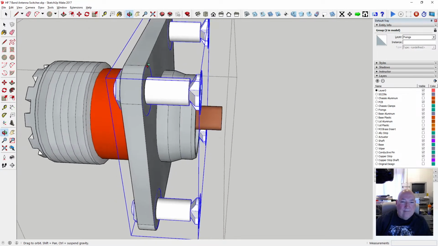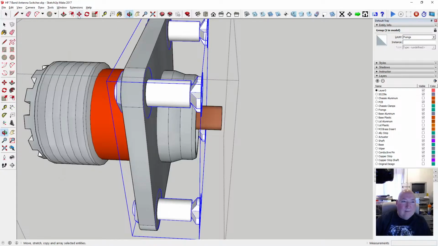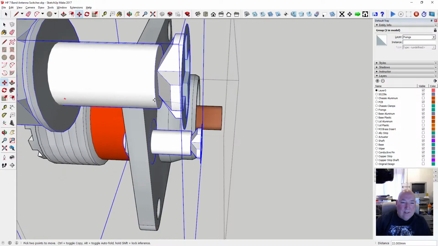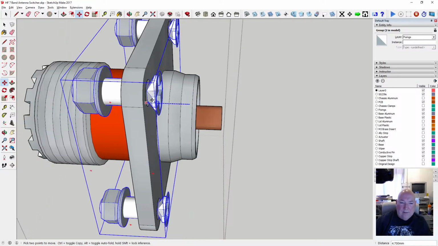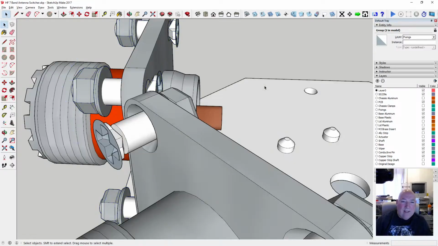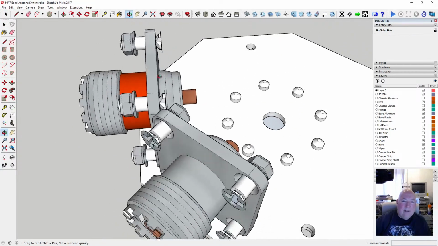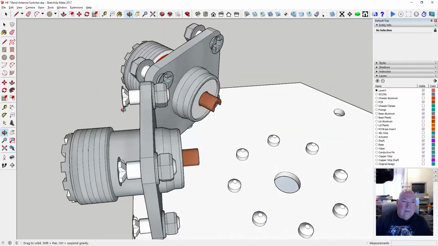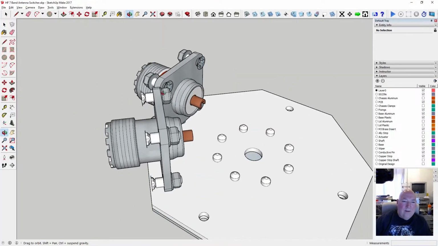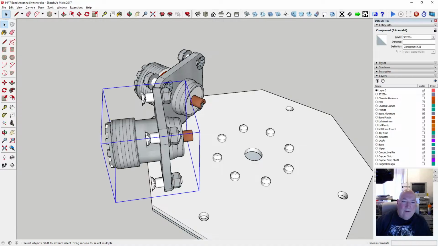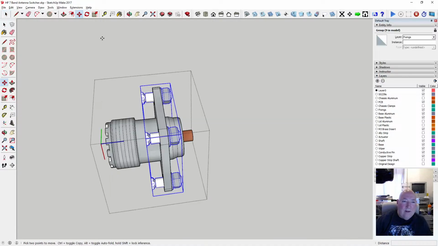Right. Let's move that to there. Like that. Well, I'll change the pan head in a bit. Right, just allow these to be fastened. Alright, let's